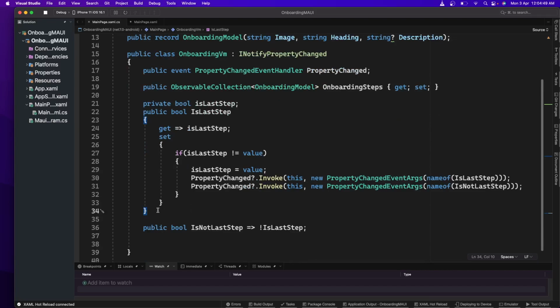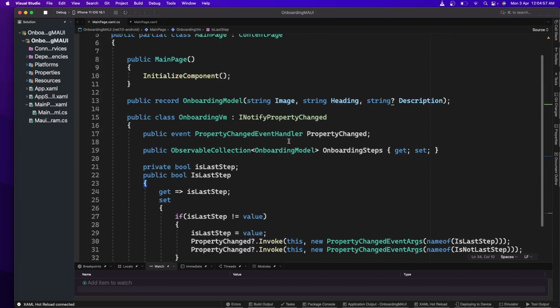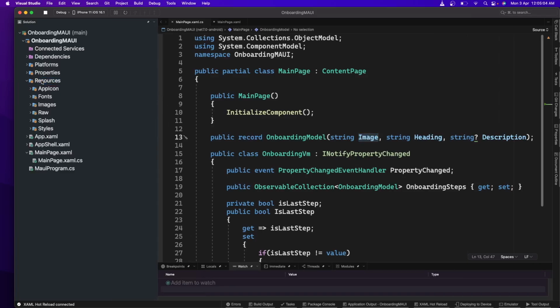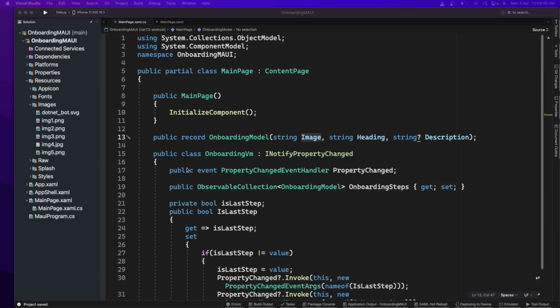Now I need to get the images. Before that, let me copy the images. So I'm going to copy images to the resources folder and this images folder. Let me copy the images offline. So I have added these images and I have named these img 1 2 3 4 5. And now